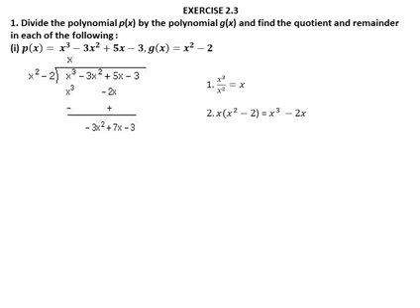Now take the highest degree of the dividend as well as the divisor. Step number 1 again. So x square and x square will get cancelled. You will get minus 3. The minus 3 has to be written in the quotient. Then the quotient has to be multiplied with the divisor. Minus 3 into x square minus 2. If I multiply minus 3 into x square, minus 3x square. Minus 3 into minus 2, you will get plus 6.